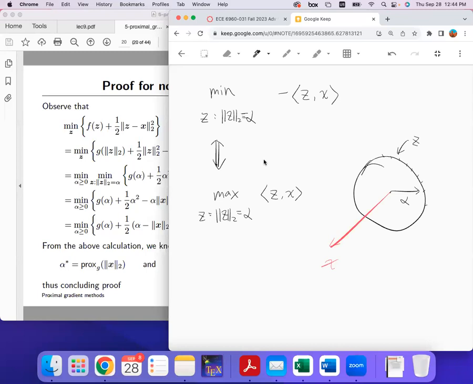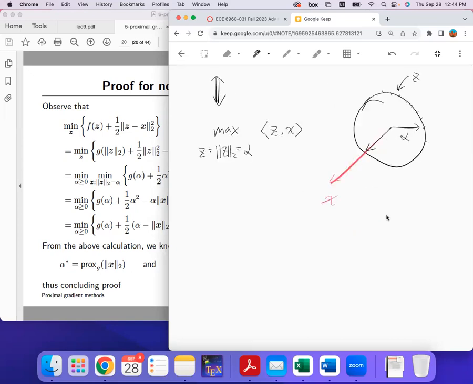And it is clear we simply pick the z that has the same direction as x. Right, we simply pick this z. And this is given by the Cauchy-Schwarz inequality. So this one is less than or equal to the L2 norm of z times the L2 norm of x. And the maximum is achieved when that z aligns with x. So in this case, if we pick this z,